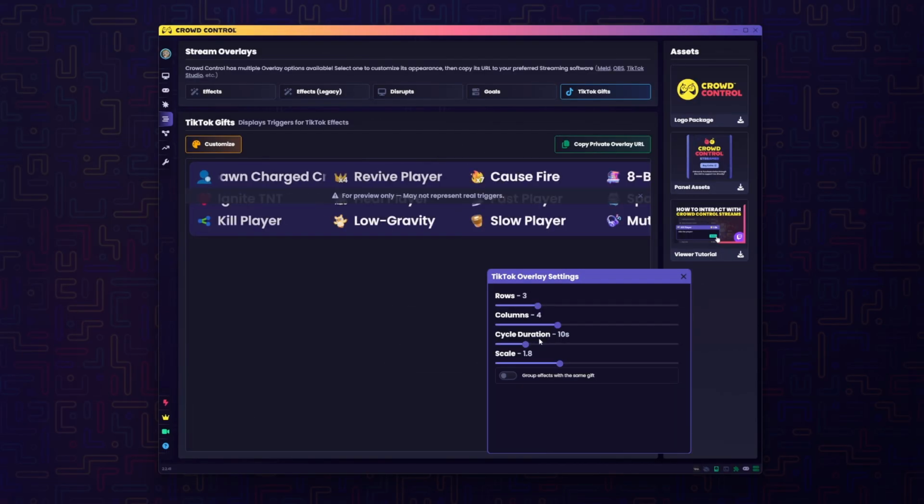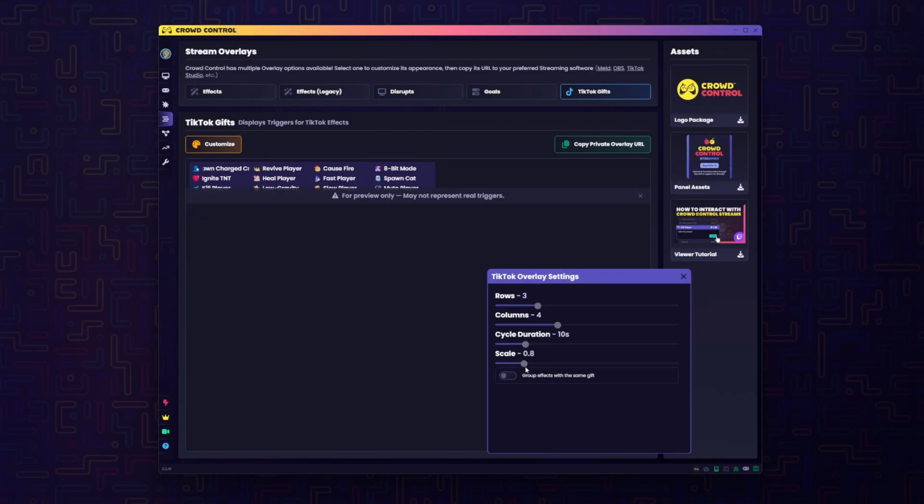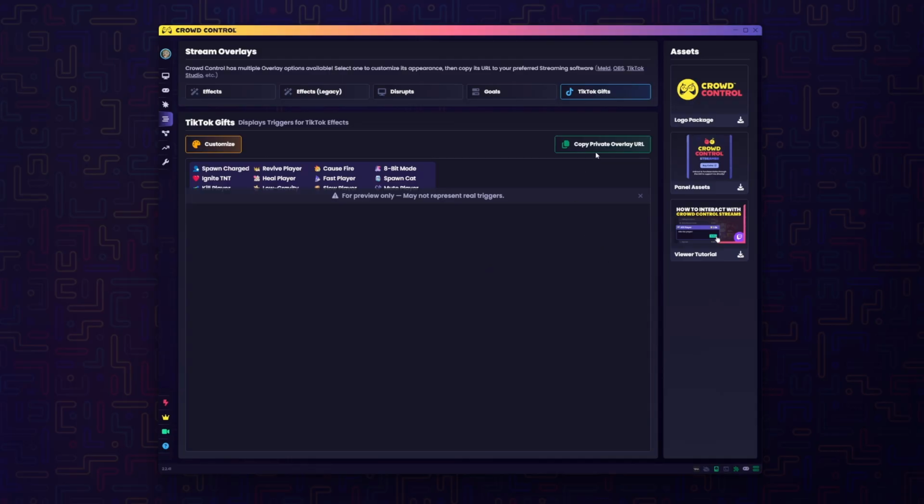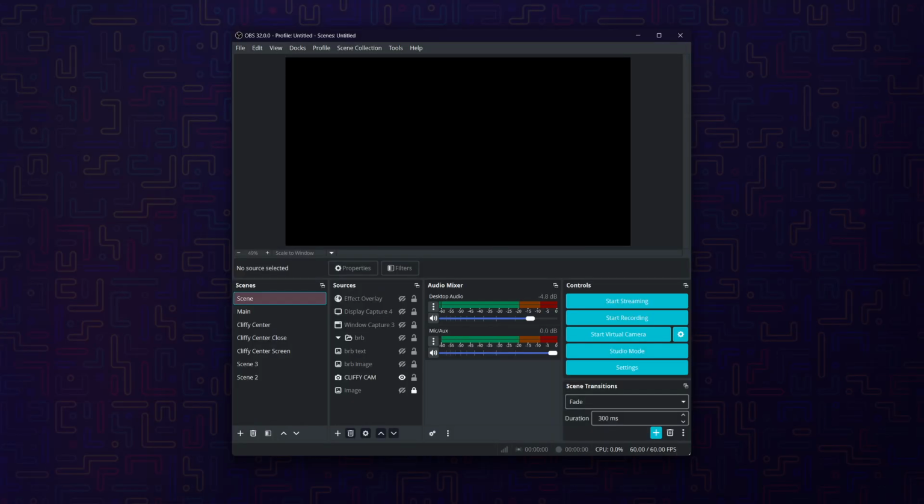And then in the same way, once you're done customizing, all you need to do is go ahead and click the Copy Private Overlay URL button and bring that to your streaming software. Now that we've shown you the Crowd Control app side of things, let's show you how to set it up within your streaming software. Starting with OBS, we're going to want to go to Sources and then click the plus